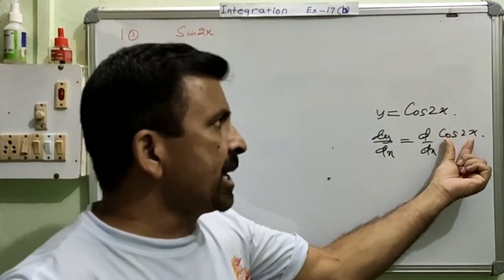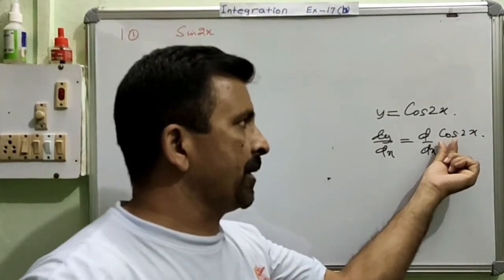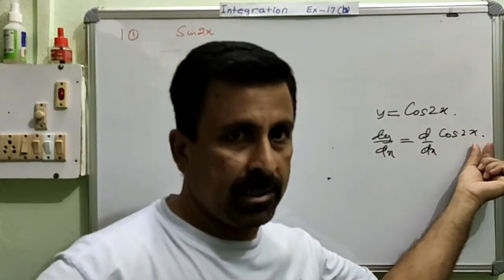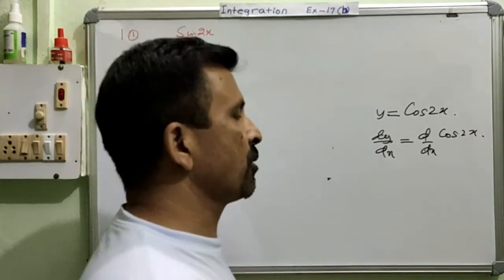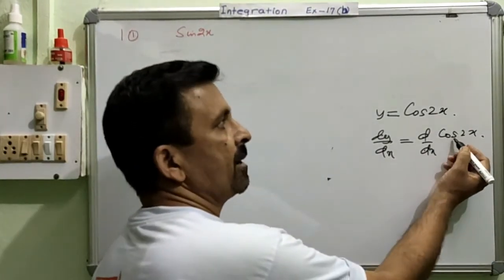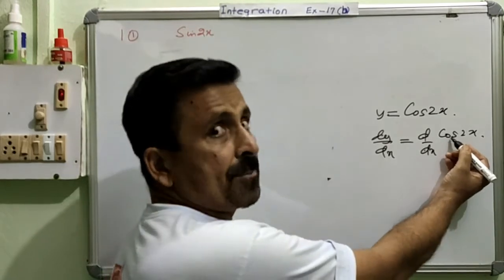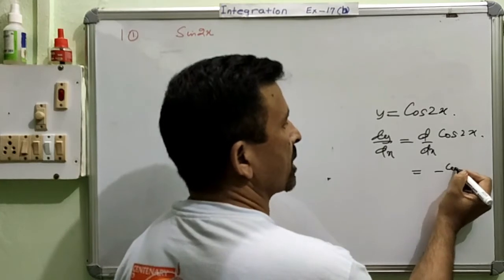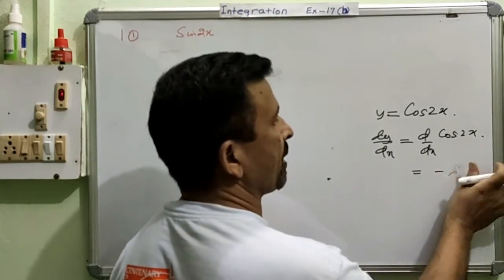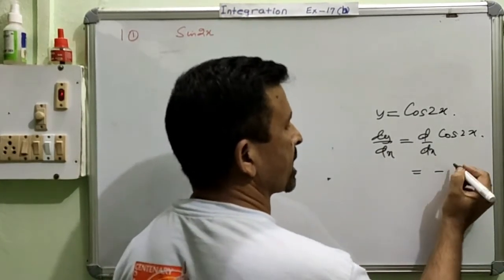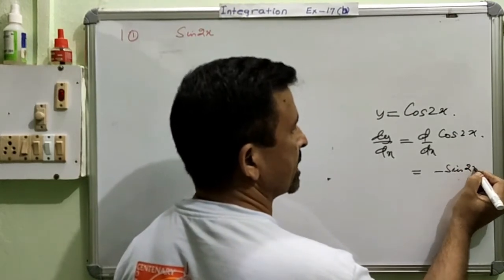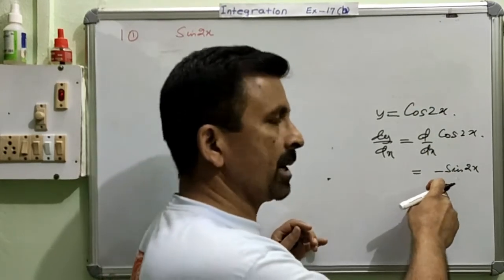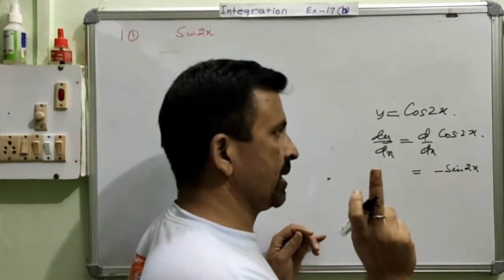Now, when you are differentiating, please be very mindful that we will be differentiating the trigonometric part and then we will be differentiating the angle part. Both we have to differentiate. So how do we do this? First of all, when we are differentiating the trigonometric part, the angle remains as it is: minus sin 2x, since the derivative of cos x is minus sin x. The derivative of cos will be negative. We have already studied this in the previous lesson during differentiation.